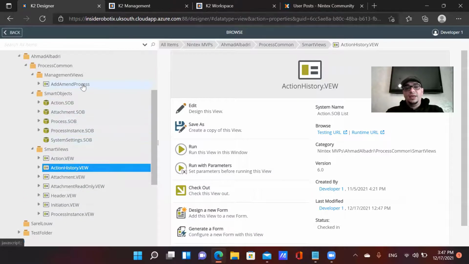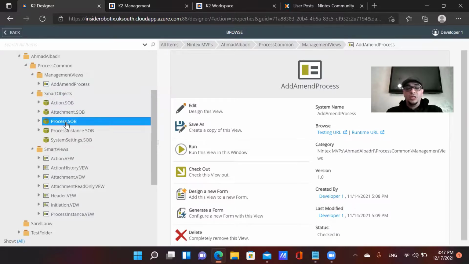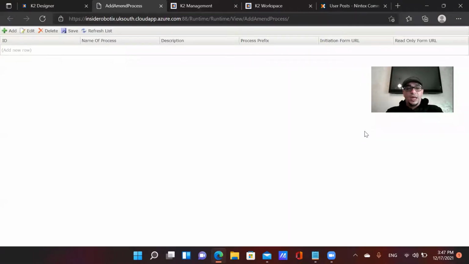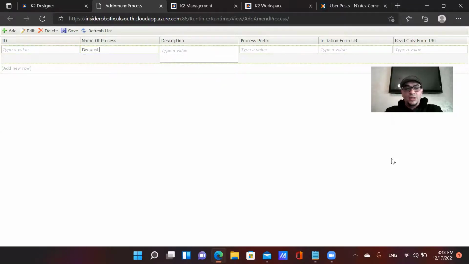Now, as a final view that we'd like to take a look at is our management view. The management view is nothing more than an editable list view of our process.sob. It's an area where we can create information about a new process. So basically, if I run this, I can enter the name of a process. So for example, I can call this process requesting for renewal